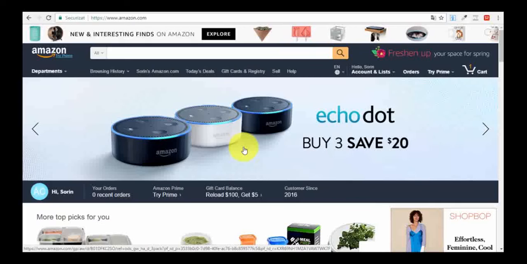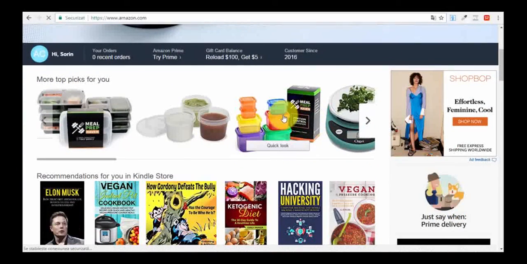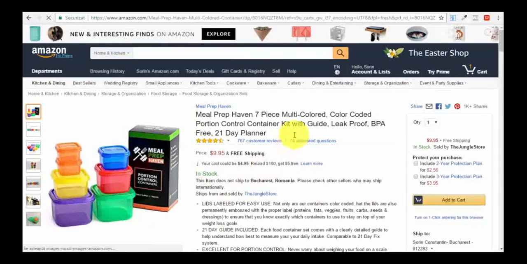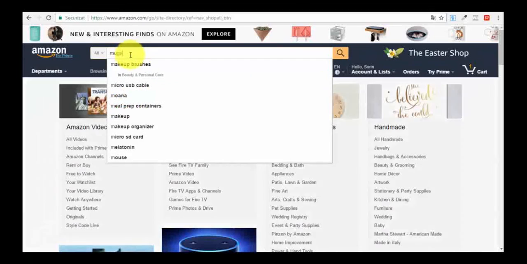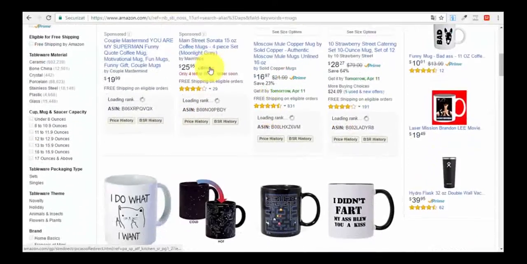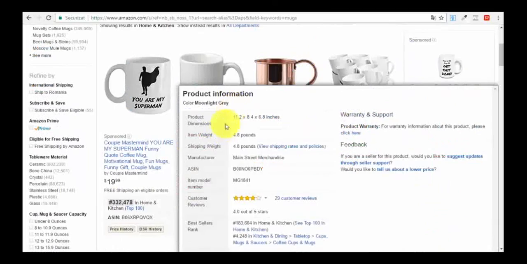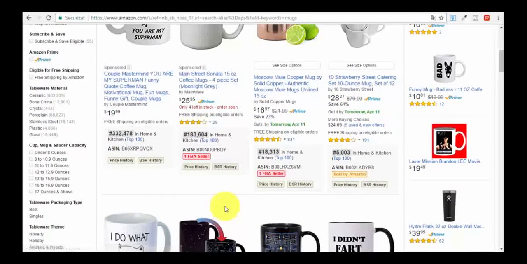So how do you create your Amazon seller account? Now, what does that mean? For example, let me just go to the department store and search for mugs. It's much easier this way. Let me scroll down. You can see there are a lot of types of mugs here.